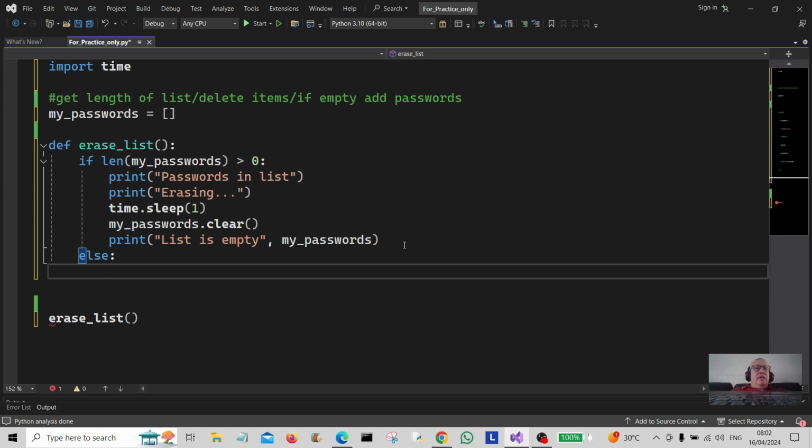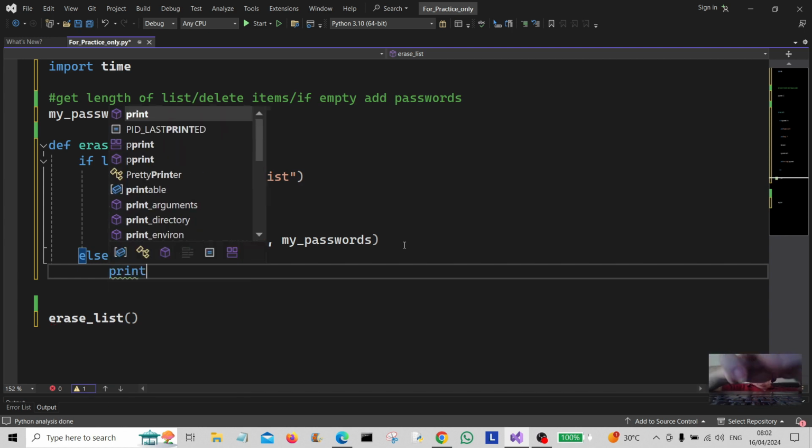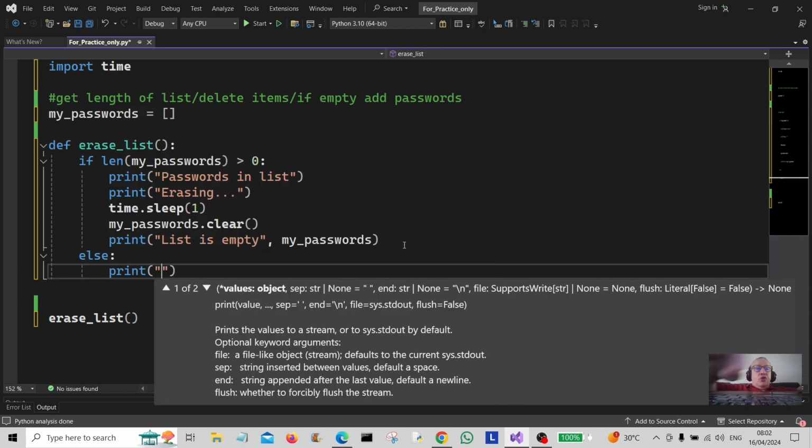And then we're going to print a message to the user, list is empty, and print out the list. Or else, we're going to print a message to the user, adding a password,